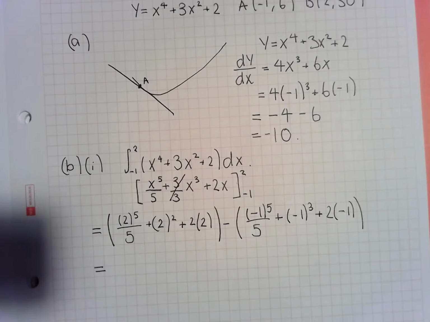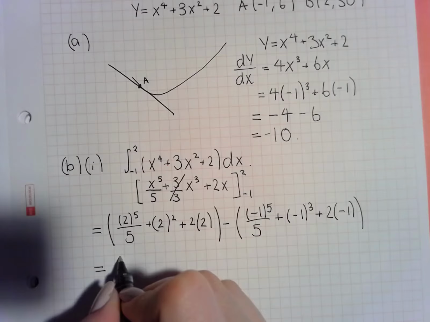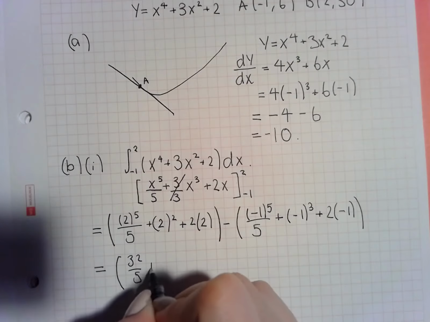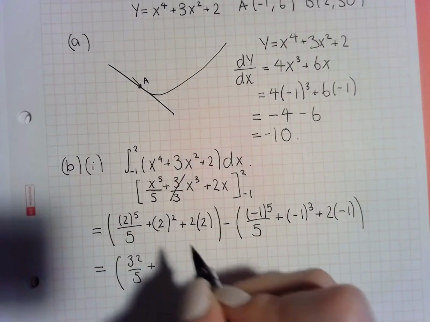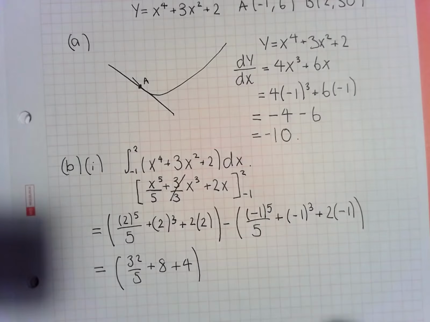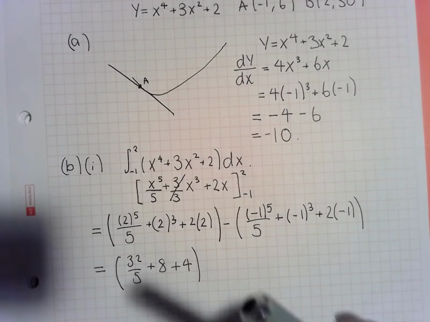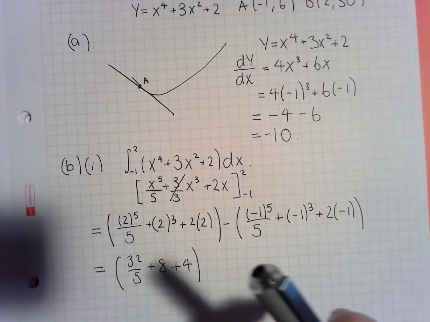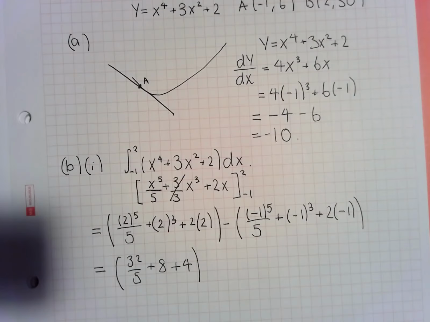Let's just times it all out nicely. So we've got 32 over 5 plus, oh, this is cubed, sorry, plus 8 plus 4. So it's so easy to make little numerical mistakes, and they're such killers. So I think that when you're doing these A-level papers, particularly the pure core ones that have all these minuses and pluses and all sorts in, and cubes and squares,